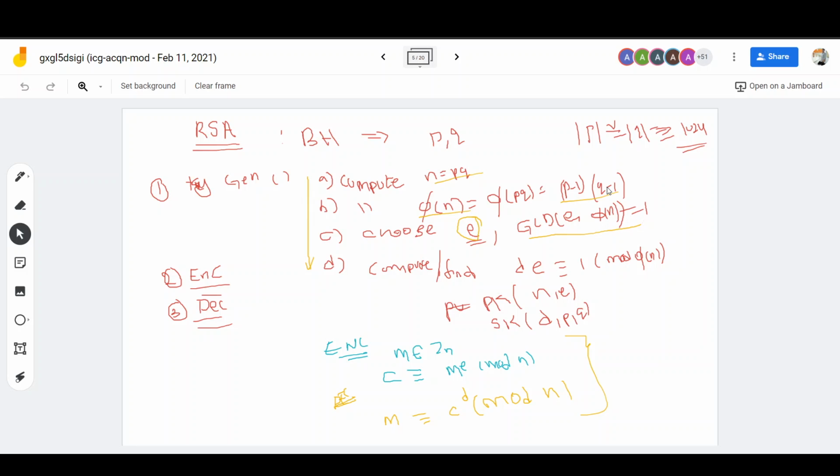Finally, you need to find a D value. That is going to be your secret key. This is going to be your public key and this is going to be your secret key. That's why you need to declare this is my public key and this is my secret key. You need to publish only your public key. Don't publish your secret key. Keep it secret with you. Only publicize your public key, and perform your encryption and decryption operations like this. So tomorrow we will discuss the same topic.